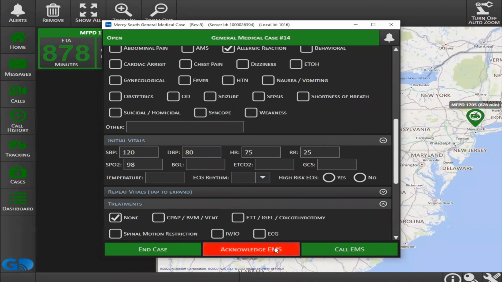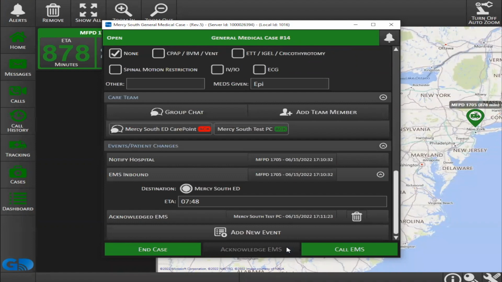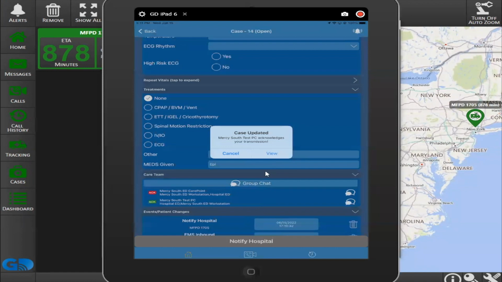And now you'll see there's this flashing acknowledge EMS button at the bottom. So when EMS sends this in, they don't know that you've actually received it until you click this button. So when we go ahead and click on that, that actually sends an alert back to EMS. So if I just bring the iPad back up, they'll get an alert to know that you guys have acknowledged